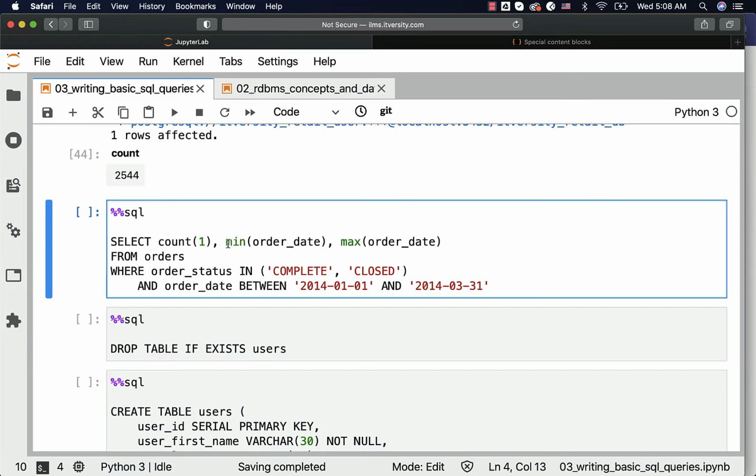If you look at the select clause, on top of count I also have min as well as max. This will help us validate whether the border conditions are working as expected. In some databases, when we use BETWEEN and AND like this, the border conditions might not be satisfied and it might exclude these values, and you might start getting incorrect results.